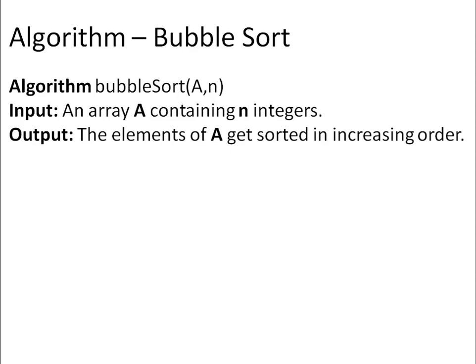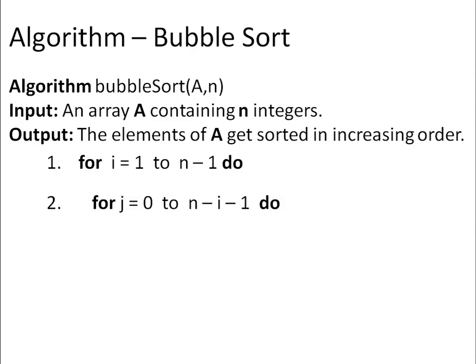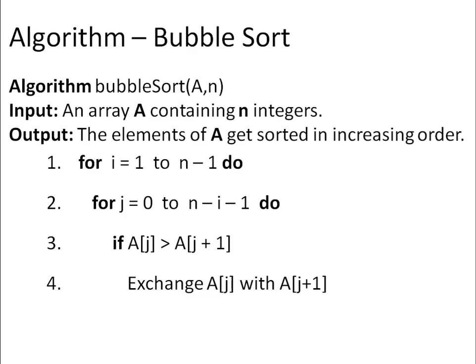The algorithm to implement bubble sort to arrange elements in increasing order may go like this. The first for loop is for the number of passes, which will always be one less than the total number of elements in the array. The inner for loop is meant to compare the adjacent elements. If the condition at line 3 is satisfied, then we have to swap. Once the execution completes, the array A will have the required sorted sequence.